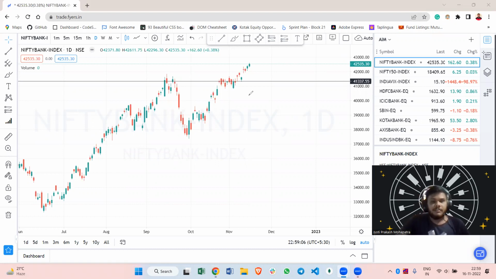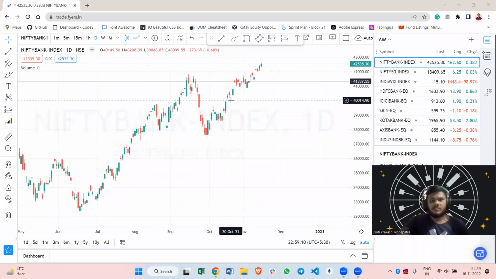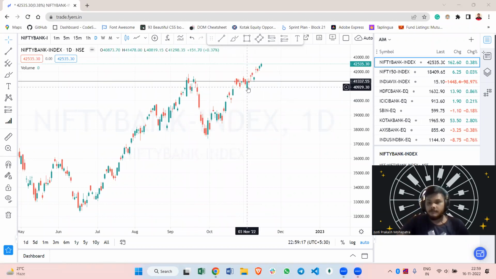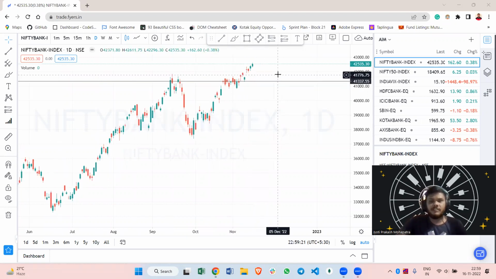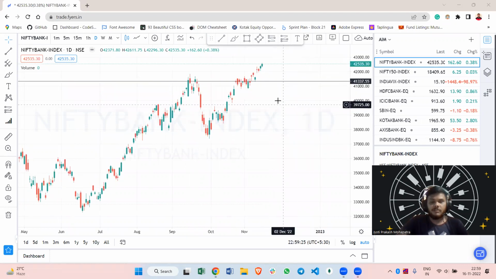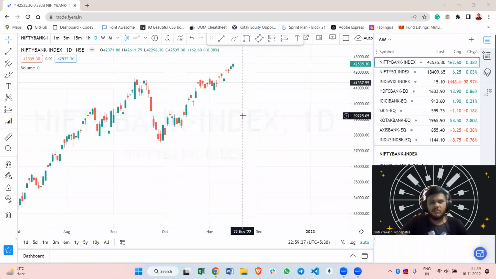In the one day candle chart, you can see that Bank Nifty looks positive to me, but it did not make that much great positive movement, like this kind of candles, 1-2% movement or 2.5% of movement. If it shows that kind of movement, then it may go up until 43,000 to 44,000. But for now it looks positive to me. If tomorrow the market opens flat or opens gap up and if it closes above 41,600, then we can expect some